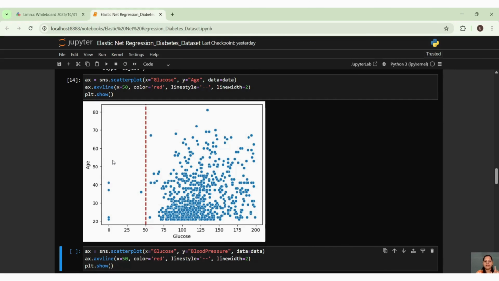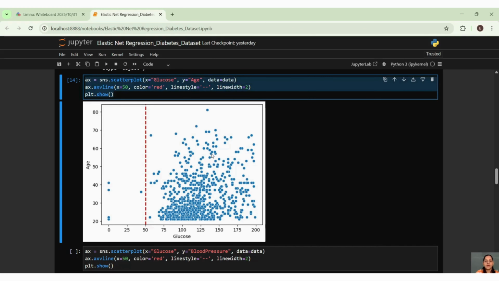So that's why that is the first trigger point for me to understand, is it true? So I can see that that is genuinely true, right? You can see the concentration here, but nowadays the trend is changing actually. You can see we have the glucose profiles for all age groups.